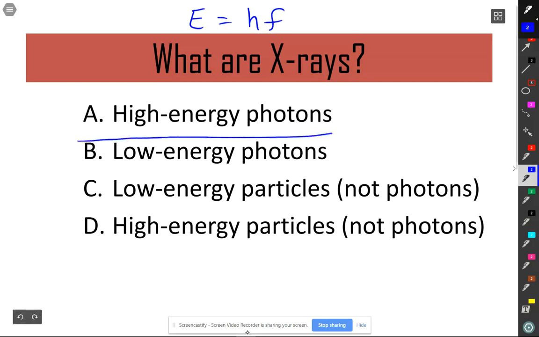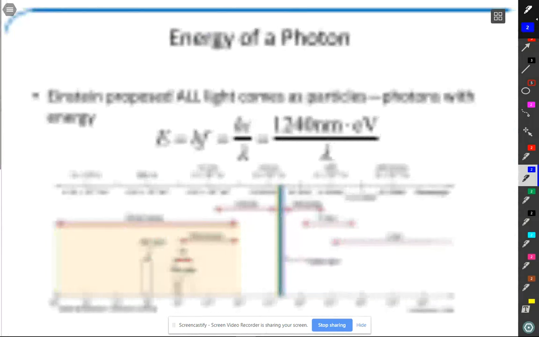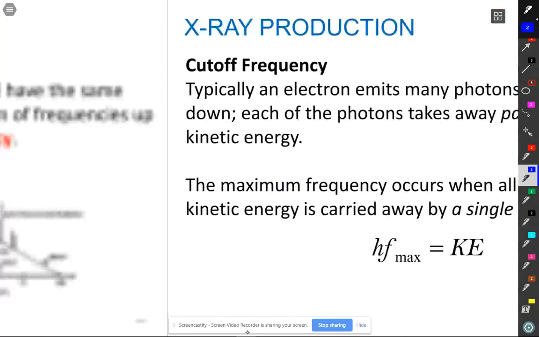X-rays are high energy photons. If you look at the electromagnetic spectrum, which I swear is here, there it is. If you look at the electromagnetic spectrum, X-rays are shown there. So they're electromagnetic waves, the same thing as a photon, right? A photon is a particle of light, which means a particle of electromagnetic radiation. So X-rays are particles of higher energy electromagnetic radiation. Now going back to all the slides I skipped over here,